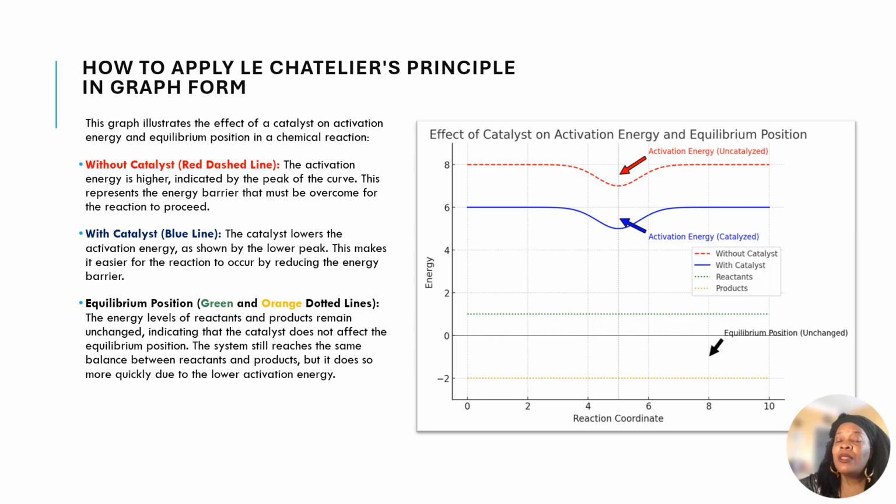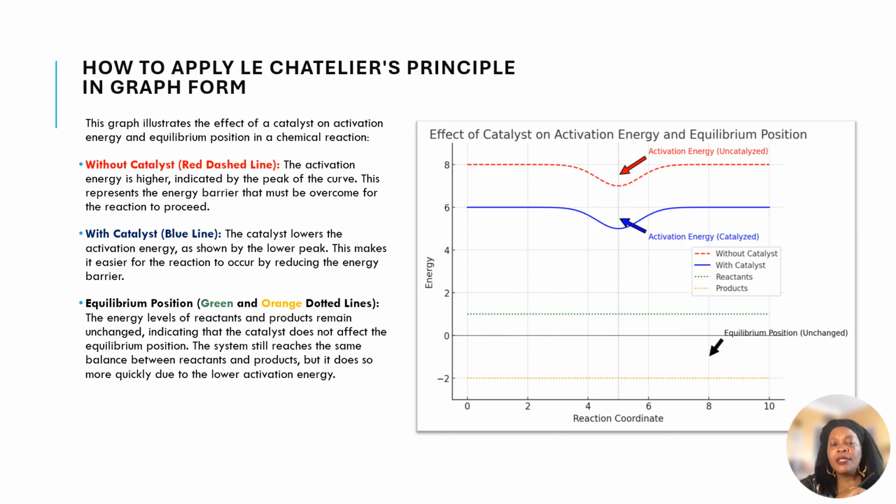Okay, so without the catalyst, that's the red little dashes that you see, the activation energy is higher, which indicates the peak of the curve. This represents the energy barrier that must be overcome for the reaction to proceed. Now, if you have another example where there's a catalyst added, this is where your blue line is going to be. And this shows that the catalyst lowered the activation energy. And then as you can see here, this makes it easier for the reaction to occur by reducing the energy